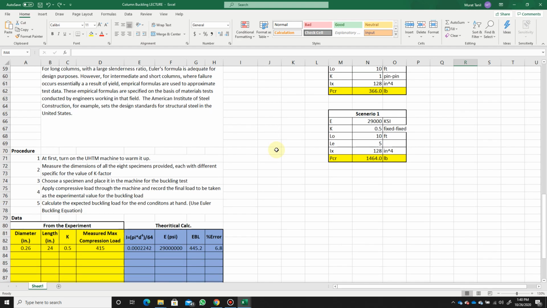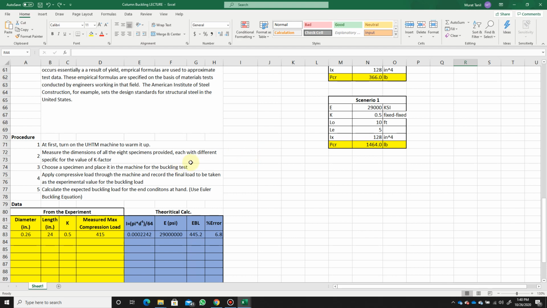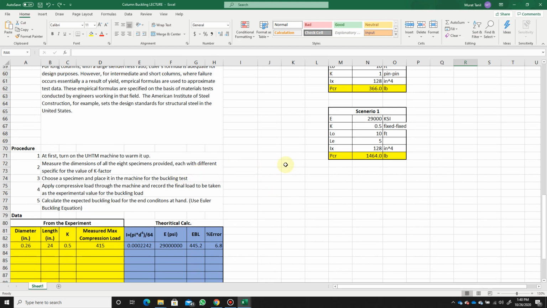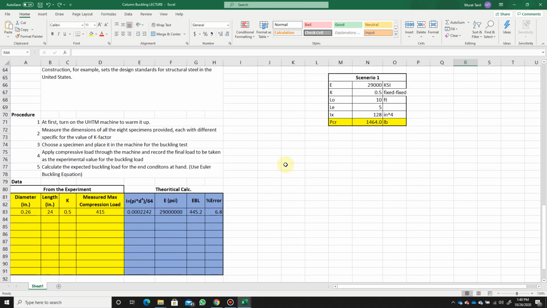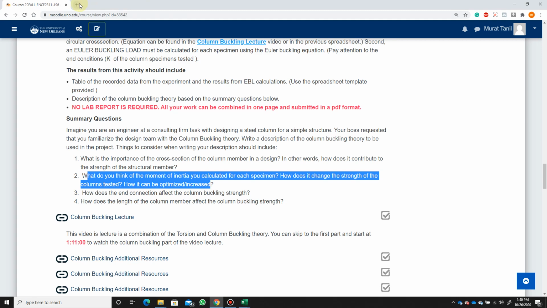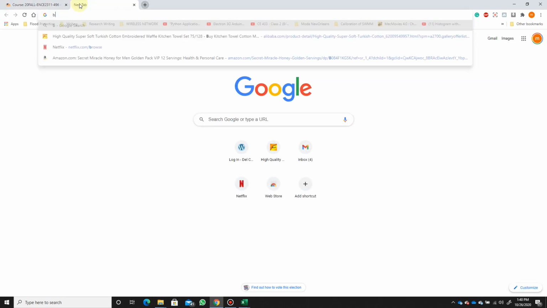You cannot do the same thing when it comes to the circular shaft, because no matter which orientation you use on the circular shaft, you're going to have the same moment of inertia, because the distance from the neutral axis to the outer fiber is not changing. But it's different when it comes to rectangular sections. This is the reason when you see a beam,